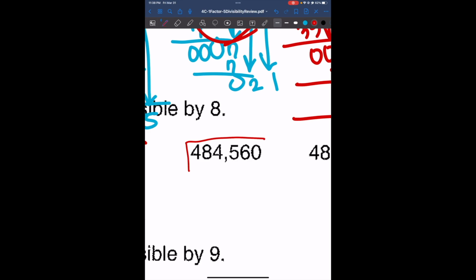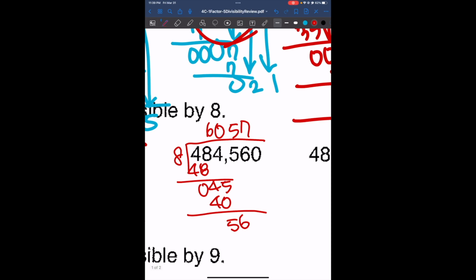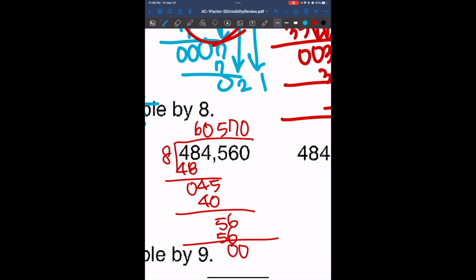Then 484,560. If we try dividing it by 8, 8 can go into 48 6 times. 0 times into 4. And then 5 times into 45. Then it can go into 56 7 times. And so we don't have a remainder, so this is divisible by 8. And then we're going to look at